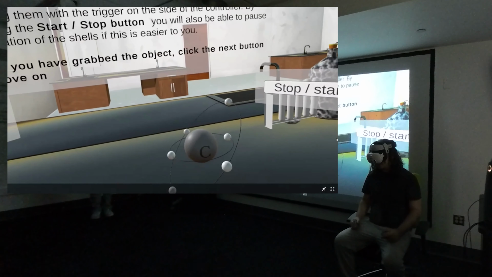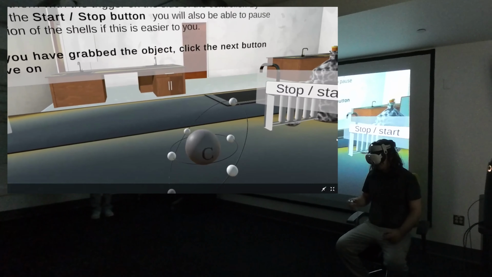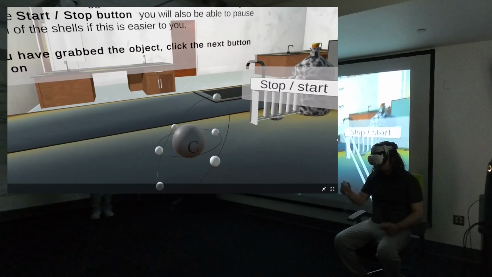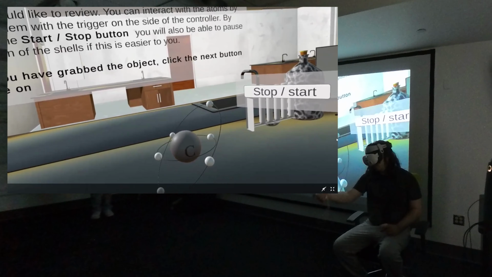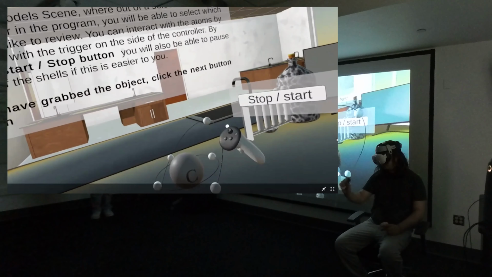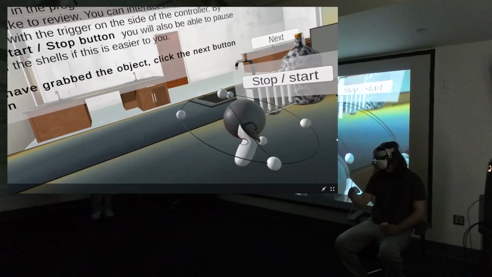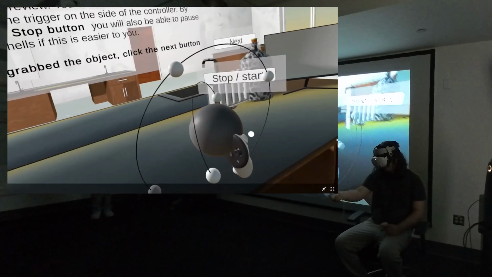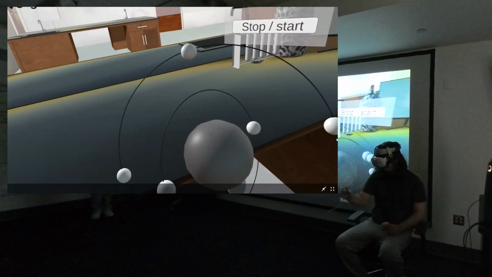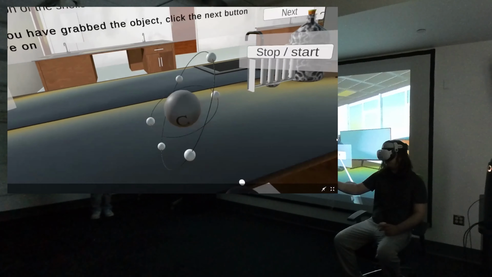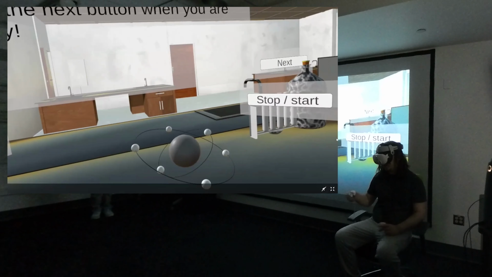This simulation is basically to review knowledge and to see, for example, how many electrons are in each shell. You can grab it and interact with it, distance grab, that sort of stuff. And that's it for this simulation. Very basic, but